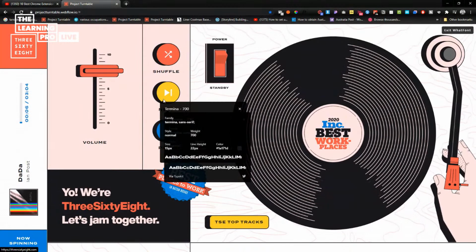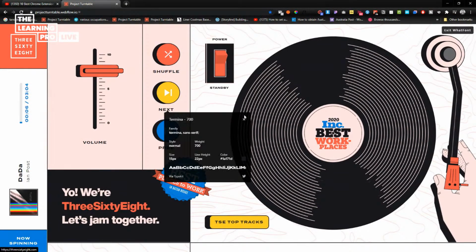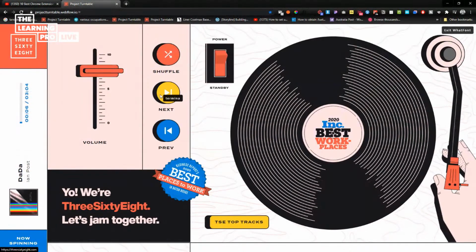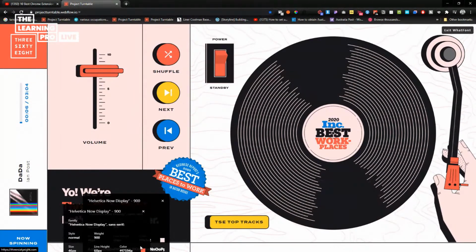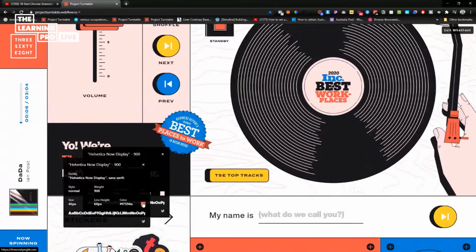So, you know, it doesn't work so well on buttons because it's really just looking at fonts, right? But, you know, there's a pink there, and I don't know what kind of color there, but